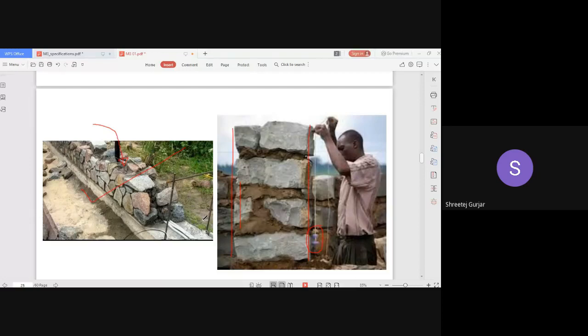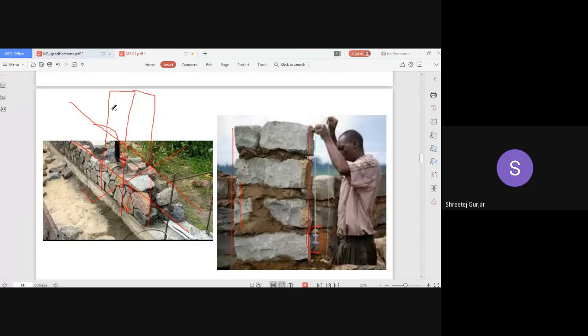So coming to layers, make sure each time you raise by 15 to 30 centimeters throughout. You can see it is raised throughout by some 30 centimeters, and when that is done, you can next lay the next 30 centimeter layer. So take care that you lay in layers and you do not construct like this and then like this. Do not construct in this fashion. Construct layer by layer, say 15 to 30 centimeter layers.